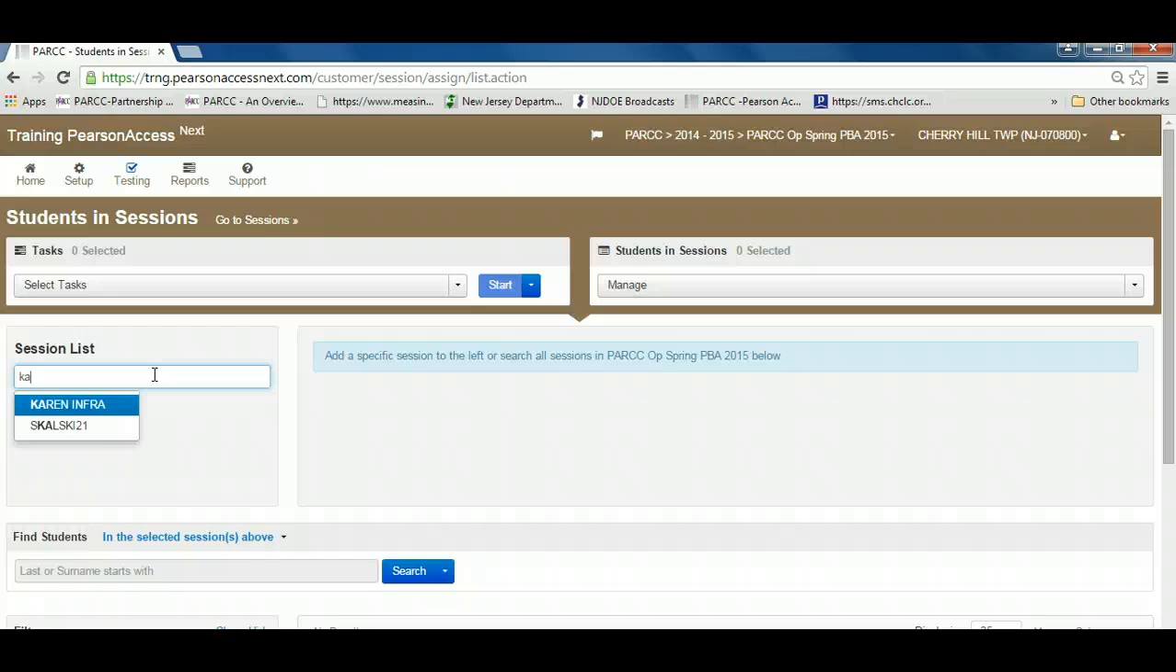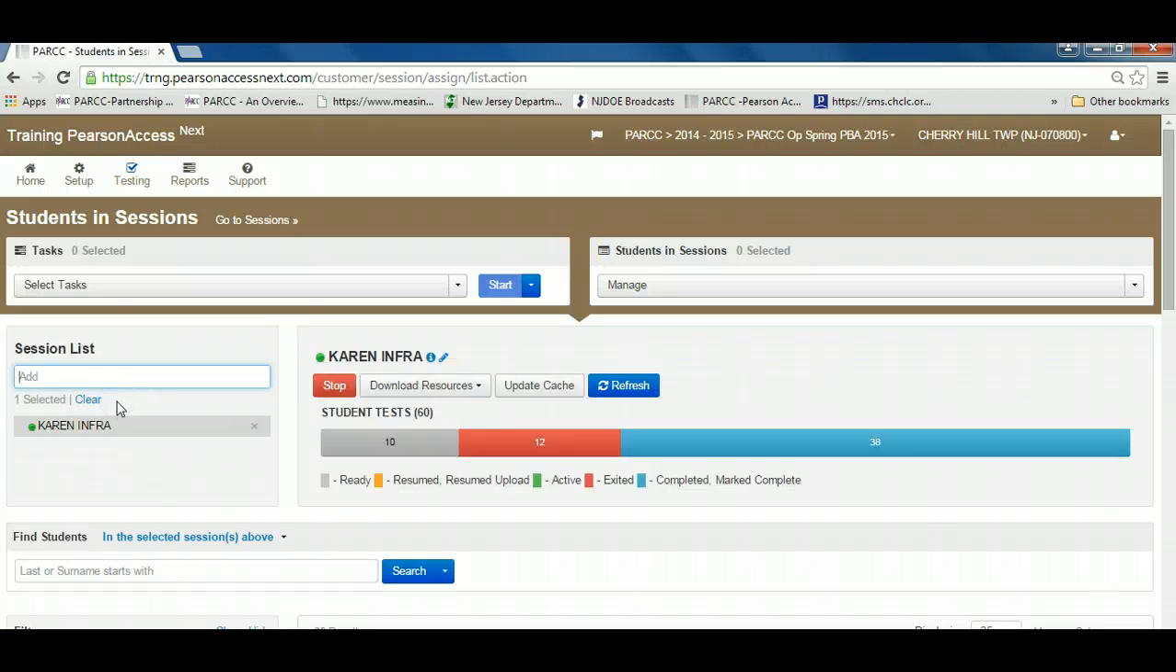So mine was Karen Infra, so I just started typing in KA and it started giving me a drop-down menu of different sessions that were already created. So I'm going to go ahead and click on my session name that I named. And here you'll see all types of details. The session details that are here on the right-hand side of your session list will appear throughout the entire testing session. When you scroll down, you should be able to see all of the students generated for this session